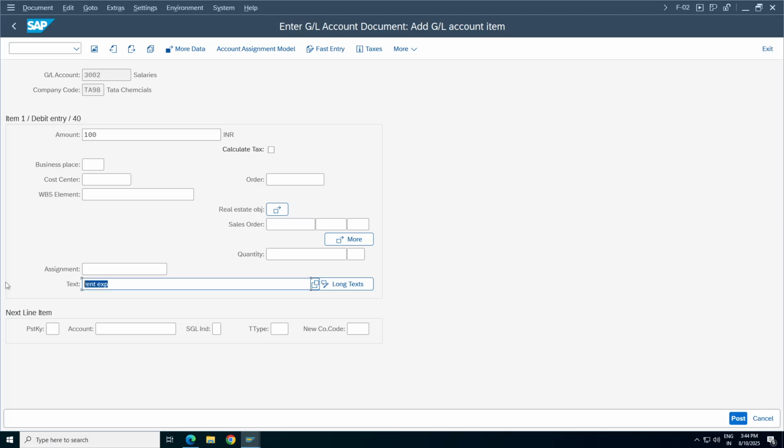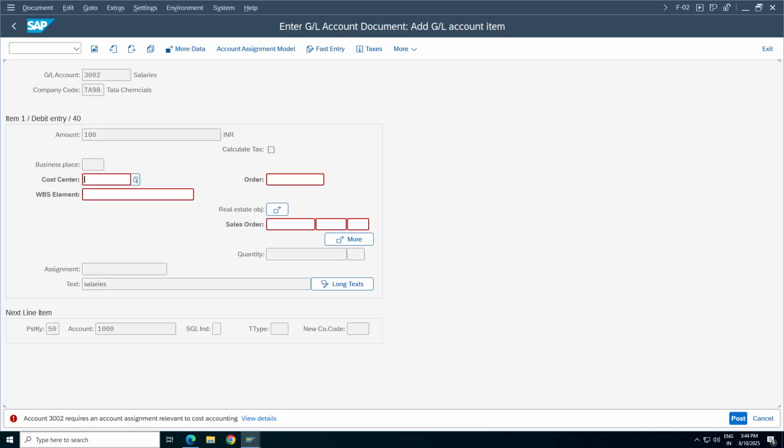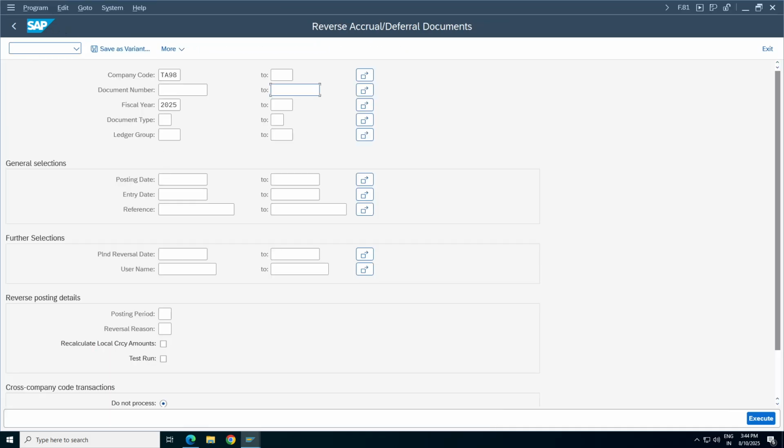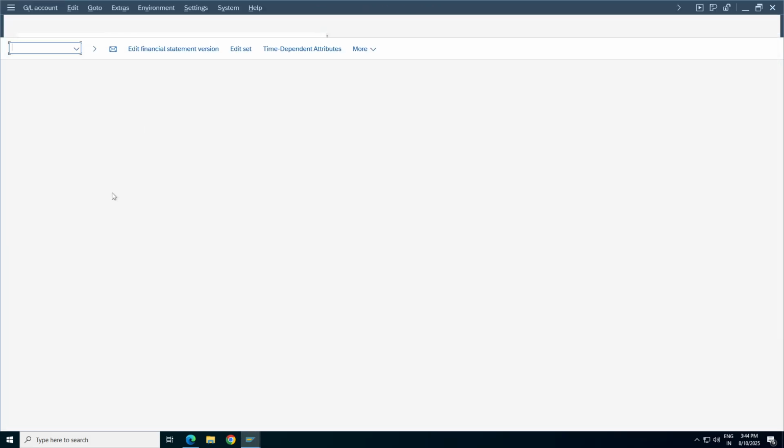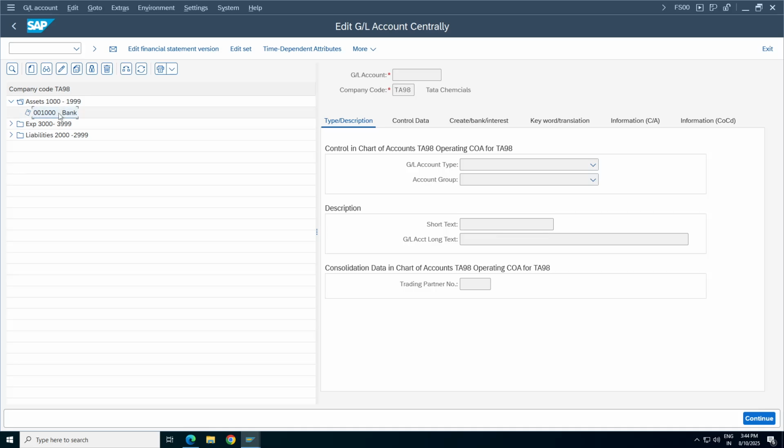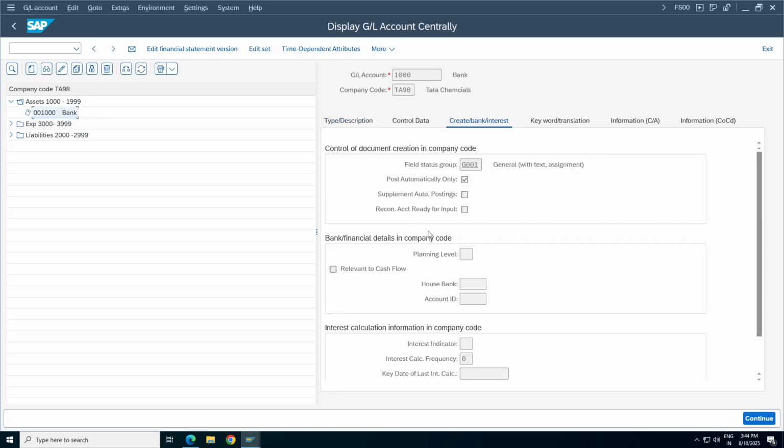It's a salary expenses. Some 1000 value. Press enter. So here system expects one cost center. I think we changed, right? 1000. Remember, we activated this one.